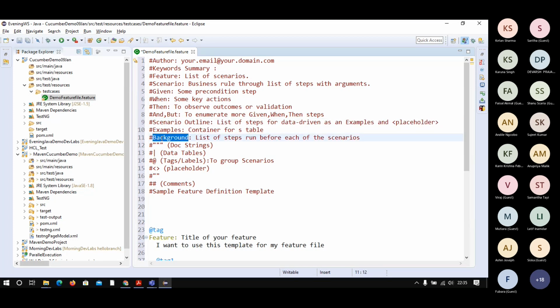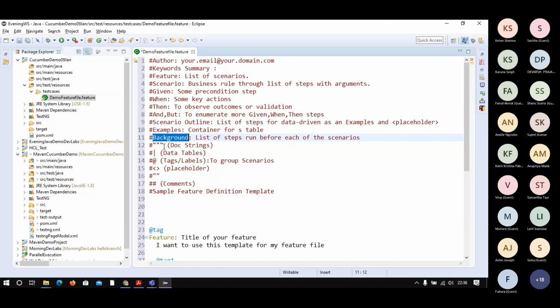Background is also there. Consider that you have one file with at least 10 test cases, and in every test case you have one or two common steps: the user has launched the browser, the user has opened the URL. Those things you can put in the background.